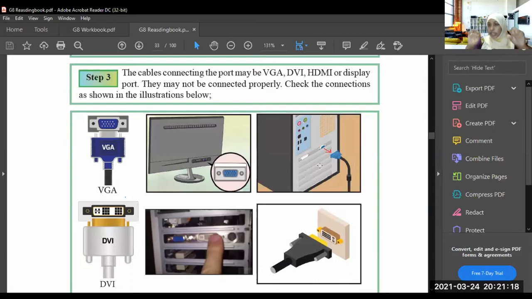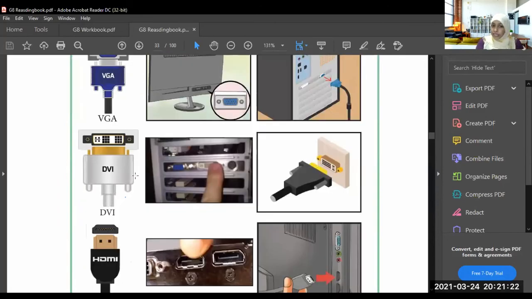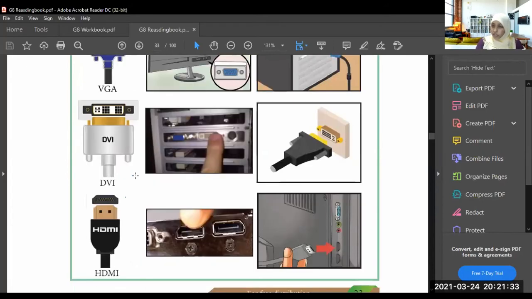If it is not connected, then connect it properly. If it is a DVI port, check whether the DVI cable is connected properly to the monitor and to the computer system unit. If it is not connected, then connect it properly. Check whether the HDMI is connected properly. If it is not connected, then connect it properly.